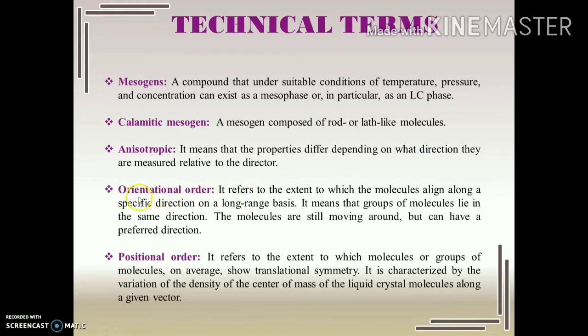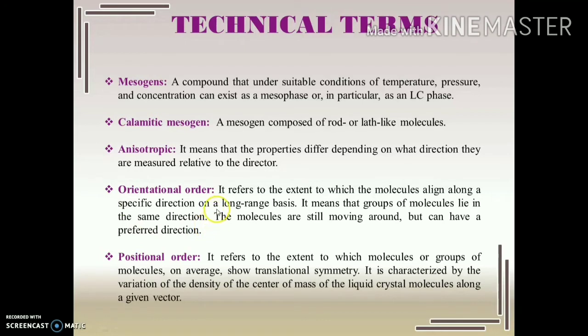Orientational order. Now this will go with the name orientational order. So the order with respect to the orientation of the molecule. You just keep in mind like this. That is called orientational order. So technically we say that it is the extent to which the molecules align along a specific direction. So the direction in which the molecules orient themselves is called the